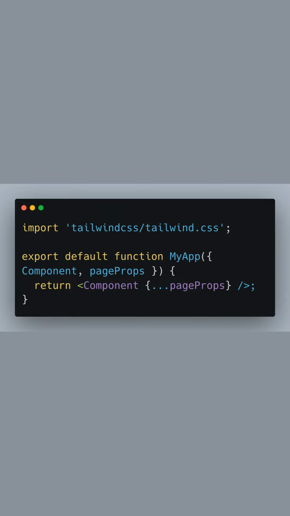Starting with the first scene, here's our _app.js file for a Next.js application. By importing Tailwind CSS at the top, we're including all of Tailwind CSS's base, components, and utilities styles globally, making them available throughout the app. We then render the appropriate page by passing in the component and page props, which Next.js provides to